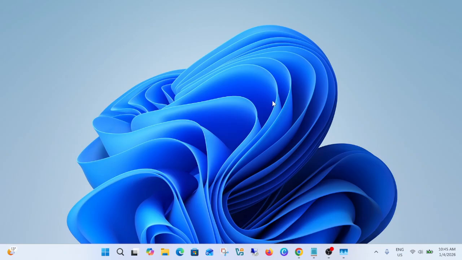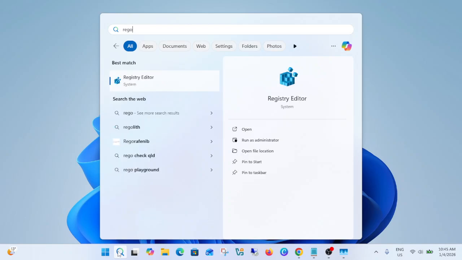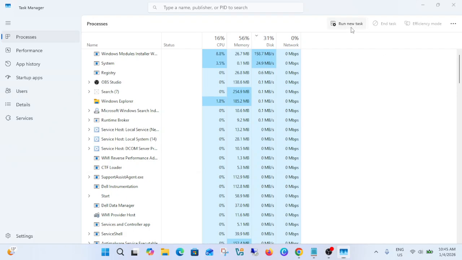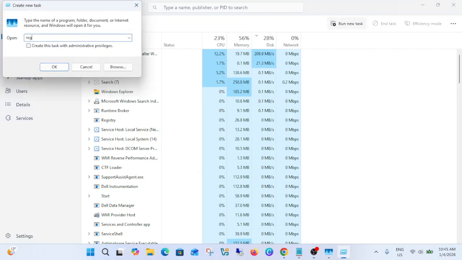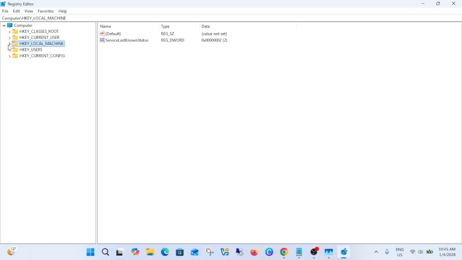and we can check it on the registry editor. Open registry editor as administrator here. If the search bar is not working, again open the task manager and type here regedit, run this task as admin, and let's open it now. And once you open it, you need to go to this directory: